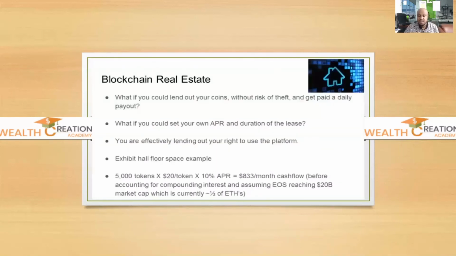Okay, so now let's relate this to the blockchain, to real estate. I'm just going to give you an example, and you can start to think ahead, like our UNTB, how you might be able to generate income. But I'm just going to relate it to EOS. I've told you our blockchain uses EOS code, so we have adapted it to our company's needs. So imagine a blockchain real estate.